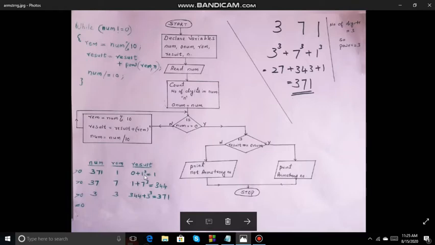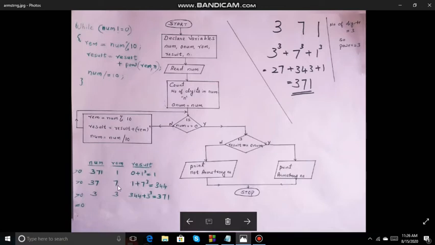Now one iteration is over. It comes here. Here we are dividing 371 by 10. So the number becomes 37. The quotient is the number now. Since the number is 37, we go back again. It will check whether the number is not equal to 0. Yes, it is not equal to 0. The number is 37. We are coming again into this, finding the remainder, 37 mod 10. That is, 37 is the number now, the second time we are entering the loop. 37 mod 10, the remainder is 7.